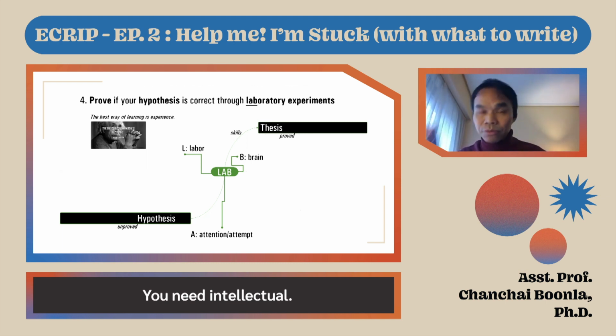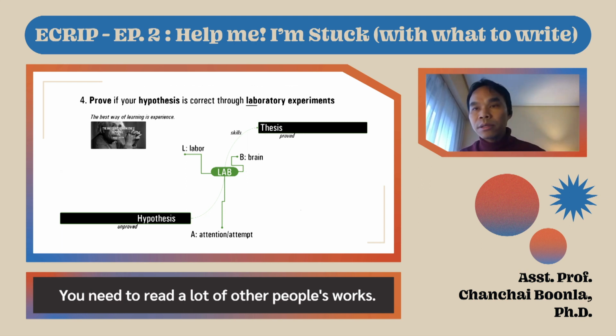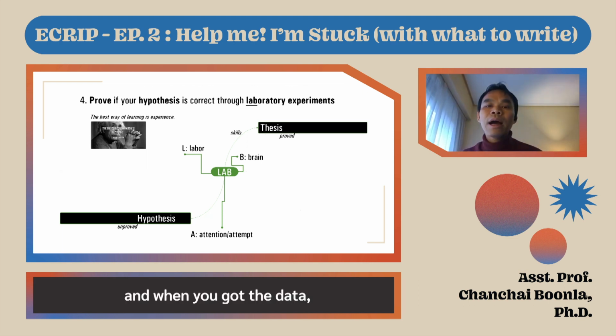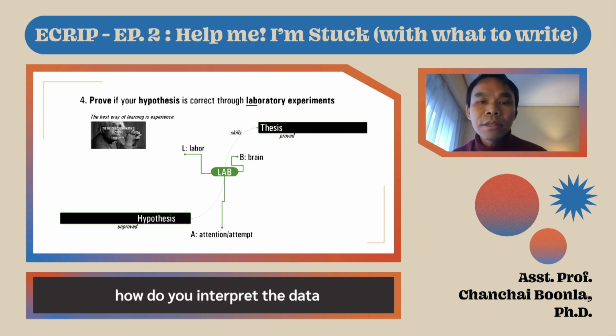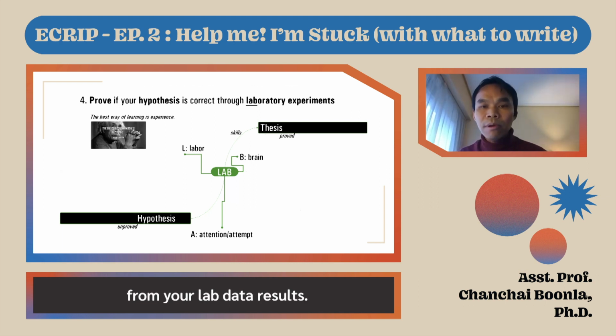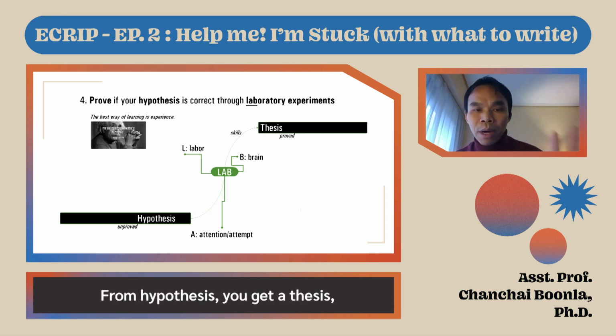You need intellect. You need to read a lot of papers, a lot of other people's work, similar or different from your work. And when you get the data, you interpret it, synthesize, analyze, and make new knowledge from your lab data, the results. And finally, you will get the proven answer when everything succeeds. From a hypothesis, you will get a thesis,